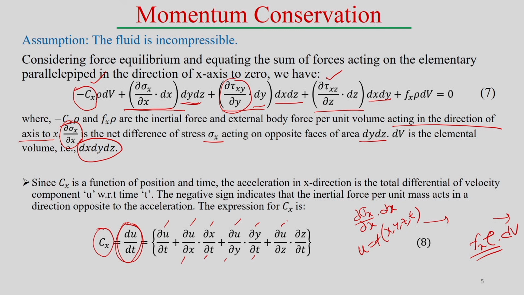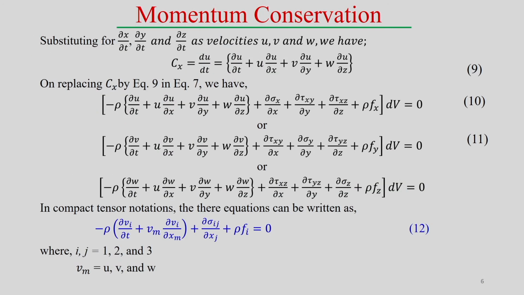So, del u by del t, and also del u by del z. This is the conversion from the total derivative to the form of partial derivatives. Then velocity u can be represented like that. Now substituting del x by del t, similarly in that case it is del x by del t. We can see this is the velocity along the x axis, which can be represented as the u velocity component.